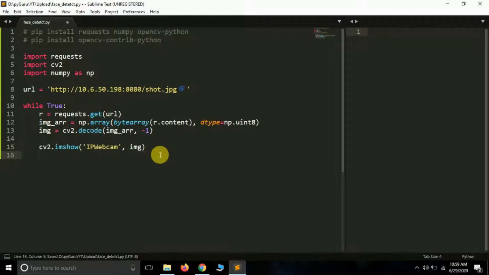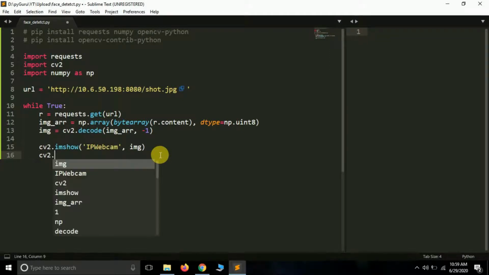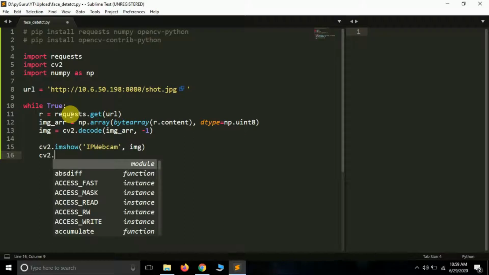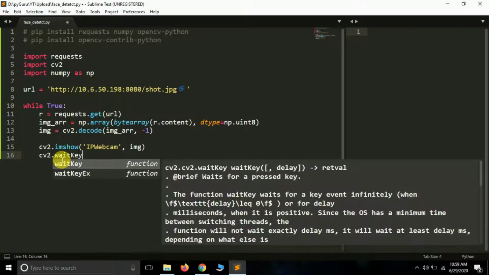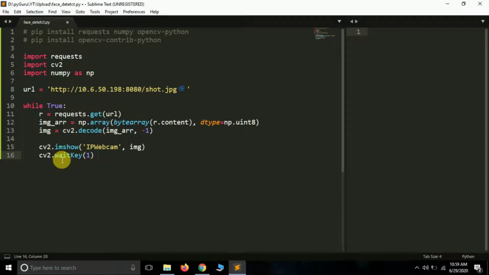Finally, there are two more things that you have to do. You have to put a condition to break out of the loop. I want that whenever I press the escape key, I get out of this script, or my script should get stopped. So how can we do it? It's very easy. cv2.waitKey, here just pass 1 and put a condition here 0xff, where 0xff means if we are pressing the escape key, 27 is the ord key for escape.